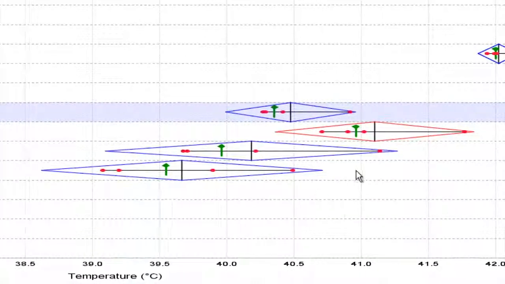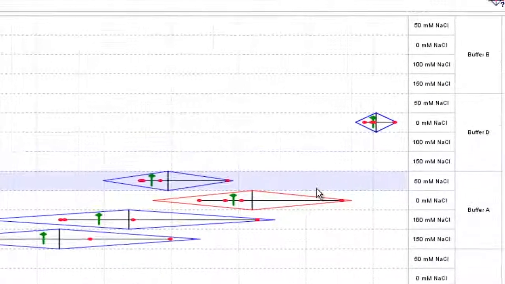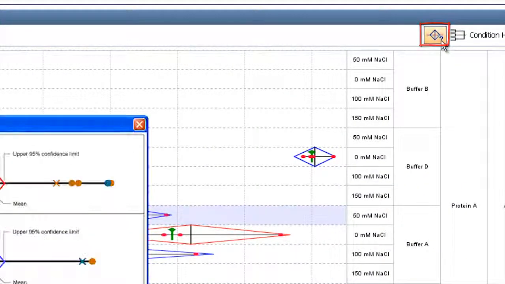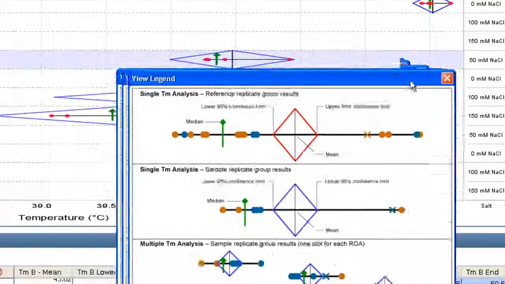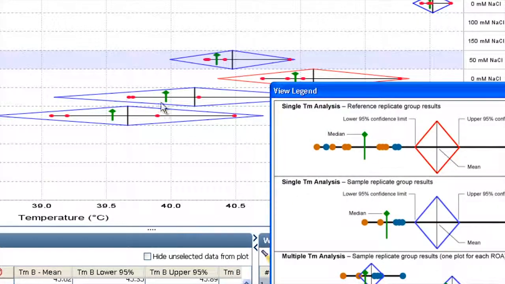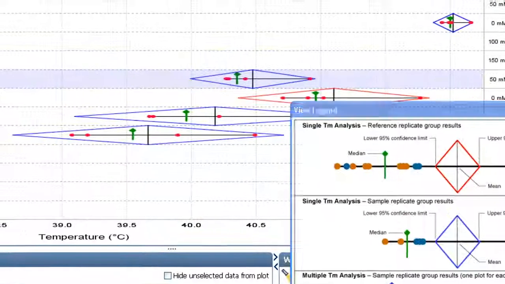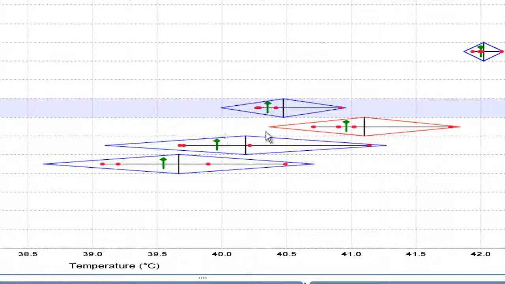look. Now, to understand what we're looking at, let's click this button so we see the graph legend. The red dots are just the identical replicates for a single set of conditions. The green lines with the heads on top define the median value of our identical replicates, while the gray lines in the middle are the mean values. These larger diamond shapes define the spread of our replicates, so for cases where the diamond is big, our replicates probably weren't as tight as they should have been, possibly due to pipetting inconsistencies or to a problem with the